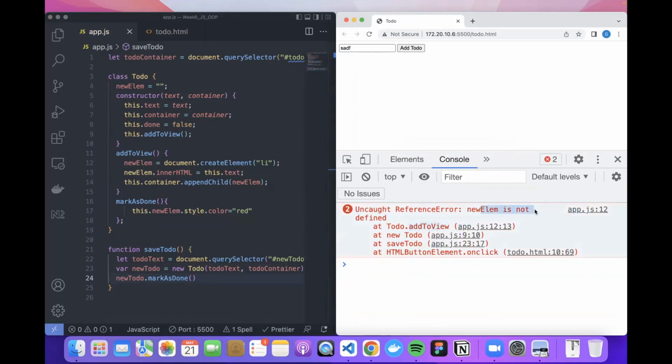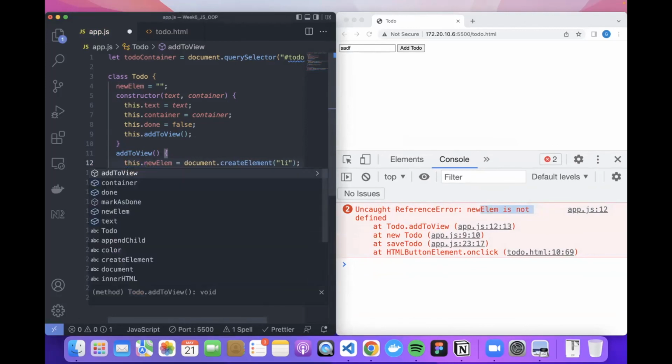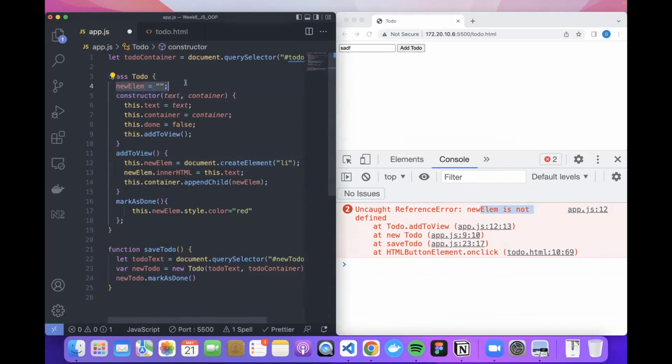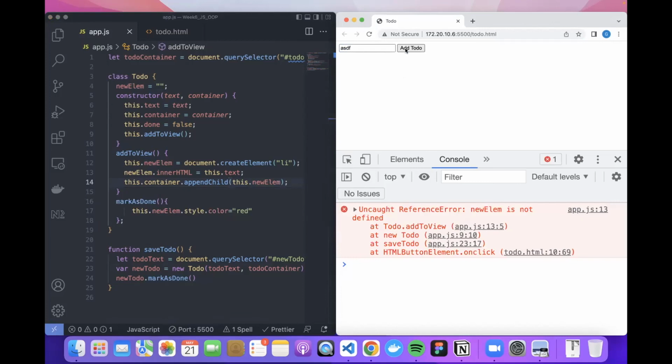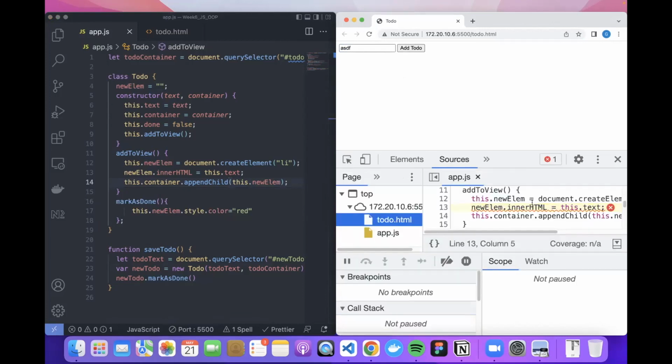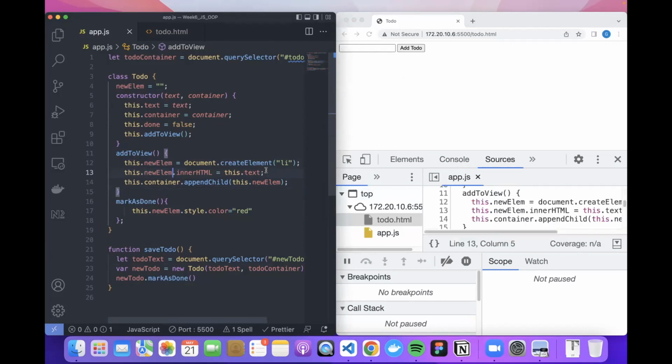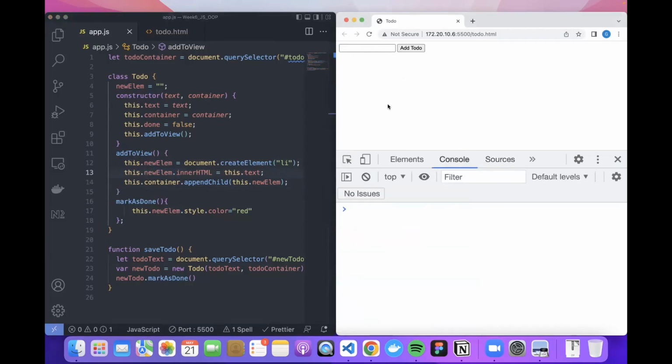New element is not defined. Okay, new element is this dot new element. I created it on parent level so that I can access this in all the methods. This dot new element. Now, new element is not defined. Where is it? Okay, sorry. Everywhere I should say this dot new element. I changed that syntax. See, it is changing the color also, because if I don't call this,